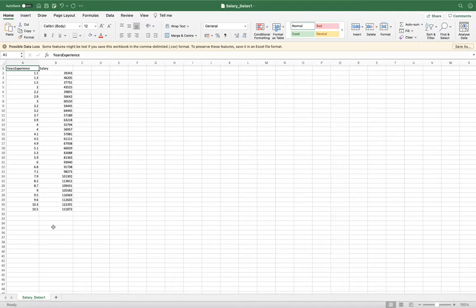Usually you need to train your model with lakhs of data items like this: for this many years of experience, this is the salary. For this many years of experience, this is the salary. You are understanding now. A simple data set I have taken just for your understanding. Later on, maybe you can work with bigger data sets. Years of experience is called the input variable. Salary is called the target variable, output variable, or dependent variable. Based on years only, salary is dependent on that.